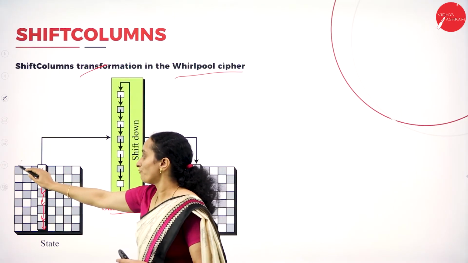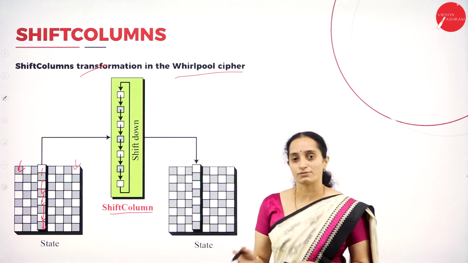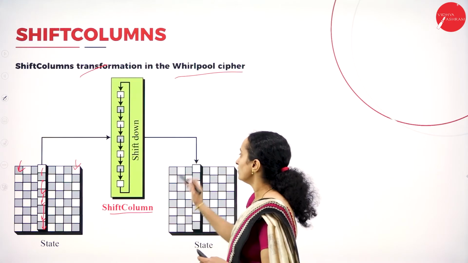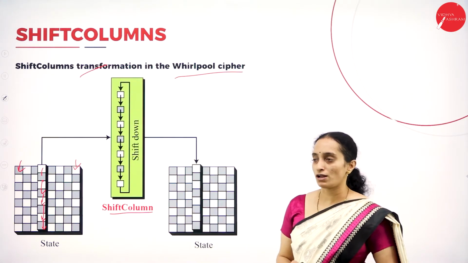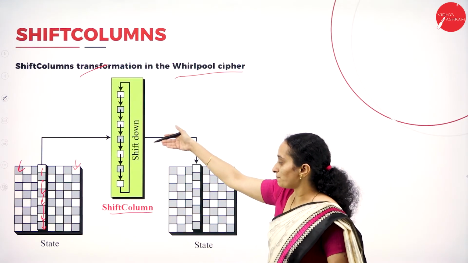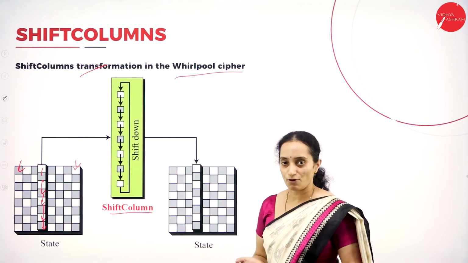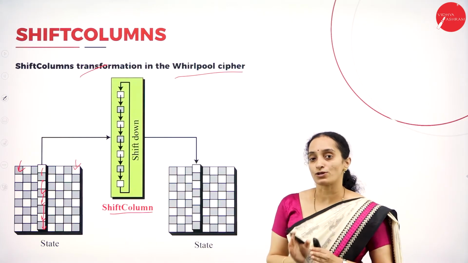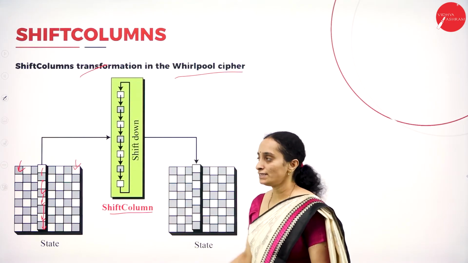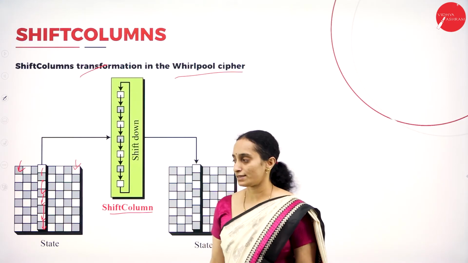There is no shift of values in the 0 and the 7th column because even if you shift the bits, it remains in the same value. So shift column value will be applied to other columns and the bits will be shifted. So the main purpose is to transform them, to change the original form of the message. So shift column will be done using the shift column transformation algorithm.